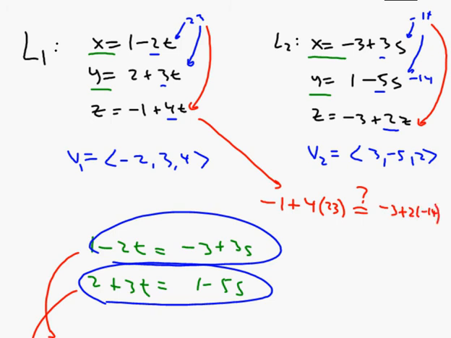Well, you can tell right away they're not going to be equal, because this expression here on the right is some kind of negative number. This expression is some kind of positive number. So what does this tell us? It tells us that even though we were successful in finding a value of s and a value of t that guaranteed the x and y coordinates of both lines were going to be equal, the same value of t and value of s did not yield a z coordinate that was equal. And therefore, these two lines do not cross